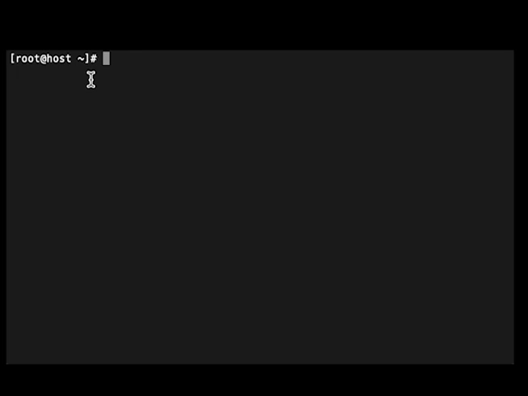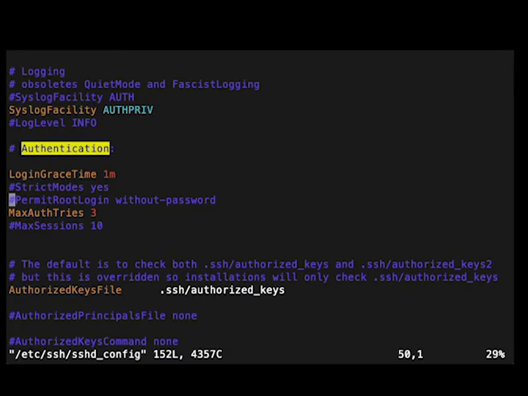First, make sure you're logged in as a root user because you have to have root permissions to make adjustments to the SSH configuration file. Then, using your preferred file editor, you'll want to edit the SSH configuration file found under /etc/ssh. Then once you're in that file, you can add the PermitRootLogin yes entry anywhere, but it's best practice to